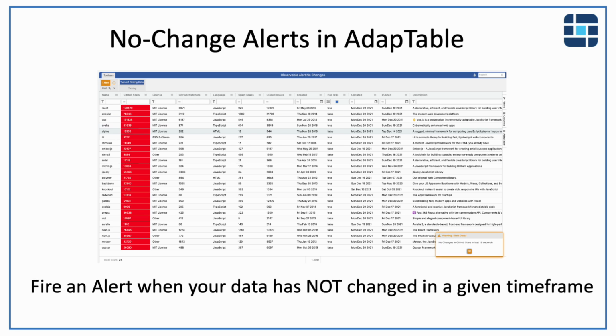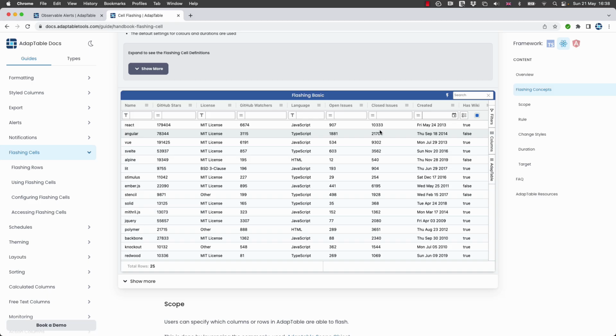This video is in response to a question that we were asked in the demo last week. It was essentially, can we have the opposite of flashing cell changes? As you can see here, a flashing cell changes in Adaptable when a cell is changed. But what this user wanted to know was what happens if his data is stale? If it's stopping ticking, is there a way that Adaptable can tell the user immediately that his data is no